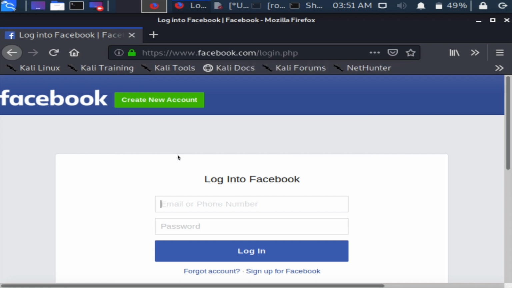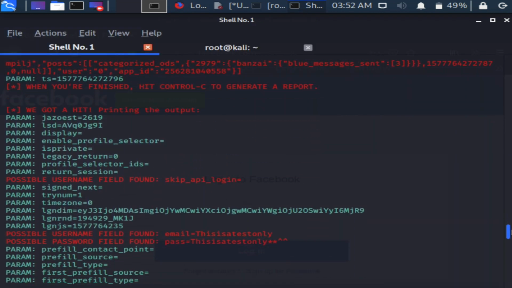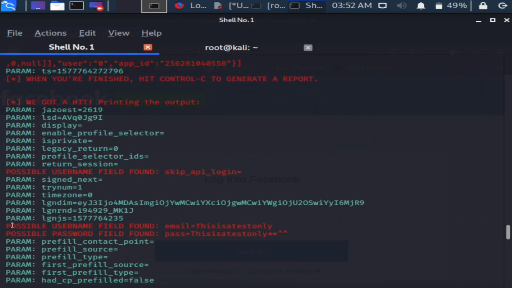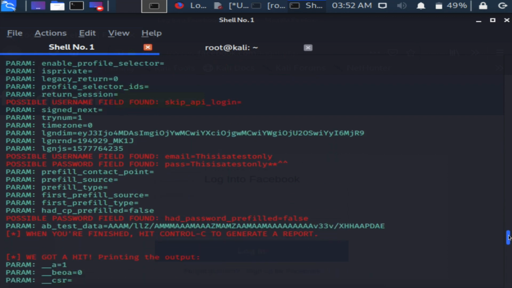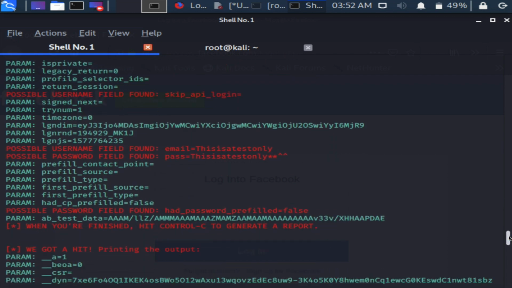Now, it'll take her back to the login screen, but notice that now it has the correct, legitimate Facebook URL. My target could be thinking that she had entered the wrong username or password. In the background, her credential has been logged and you can see it right here. Now, I can use this credential to log into her Facebook account and gather personal and sensitive information that I can use for a spearphishing or social engineering campaign.